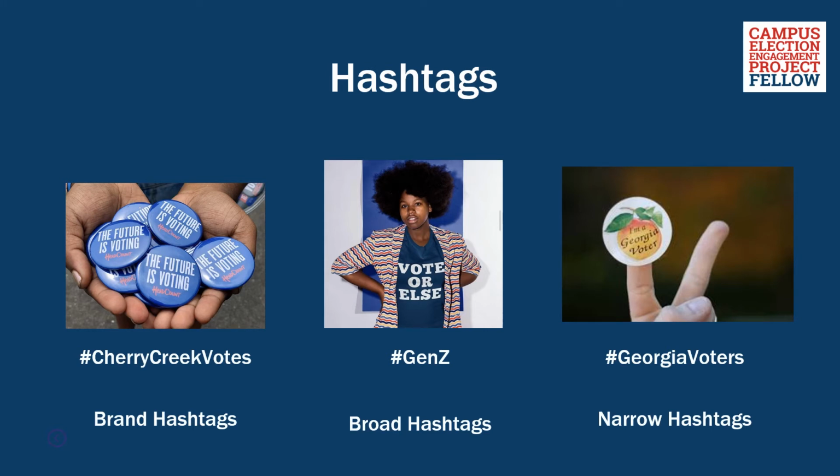The third type is narrow hashtags. These are hashtags that help you reach a more specific audience. These hashtags will likely depend on the type of post that you're writing. They usually have 10,000 posts or less. Even hashtags with 100 posts or less can be helpful. Here's where you can also use school-specific hashtags to reach your specific student population.